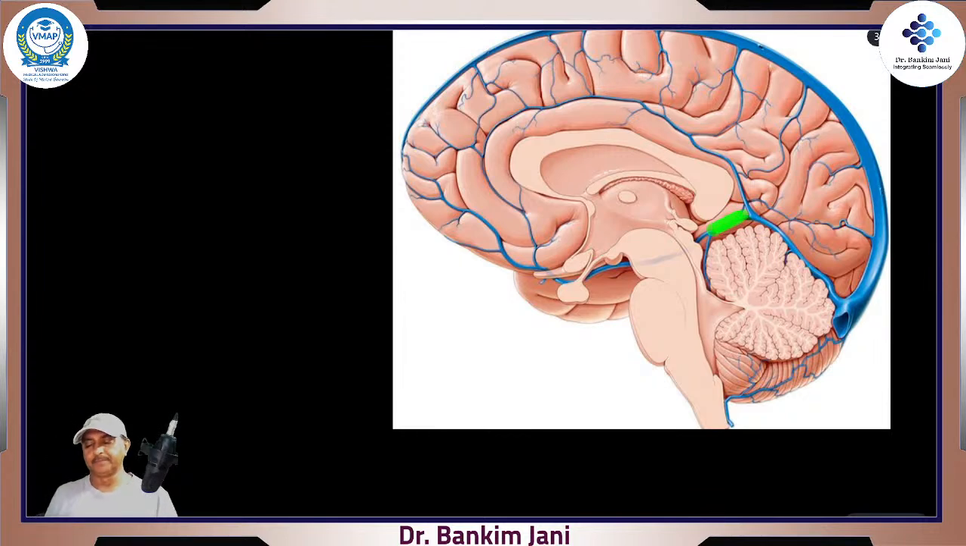This one, right? So where is it trying to go? See, it is all those internal cerebral vein, basal vein. These are the main tributaries which will be coming from all the surroundings. And then